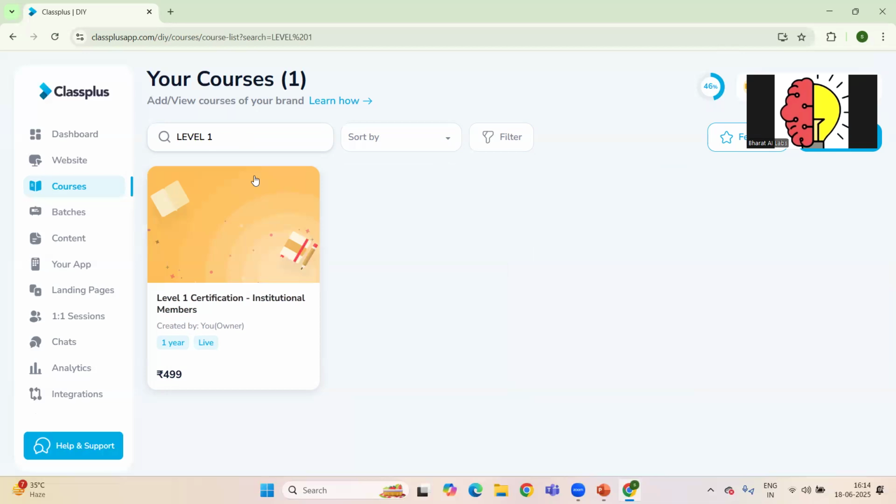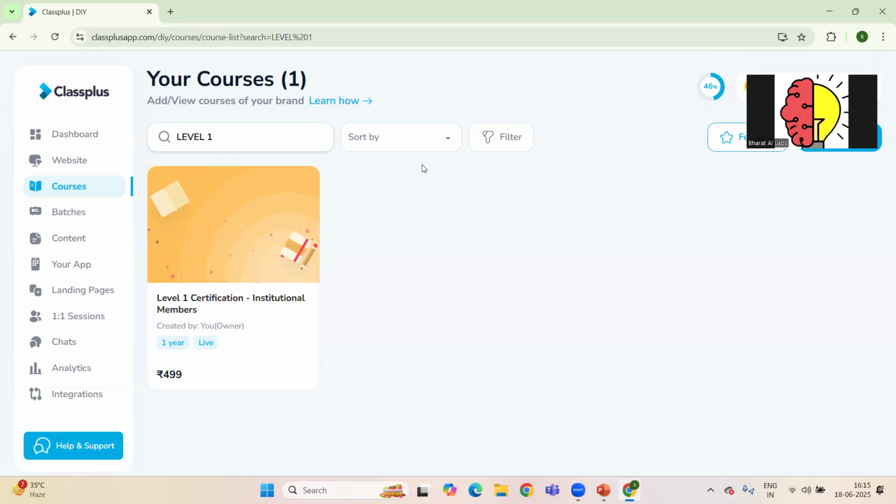And even on my screen, you can see an option called sort by, and filter. These features allow us to filter the courses based on our specific needs. Right now, since only a few courses are posted, it's easy to find, however, when the number of courses increases, it can become time consuming to find that particular course.